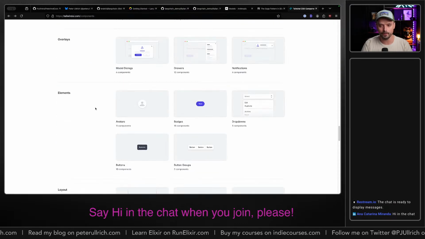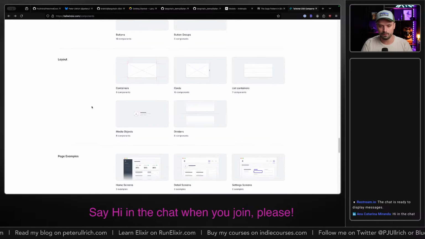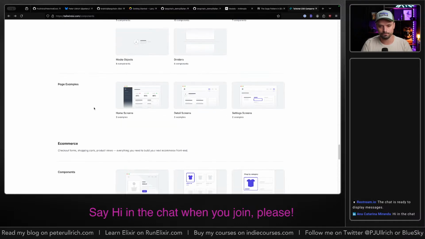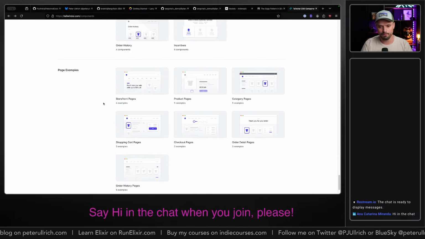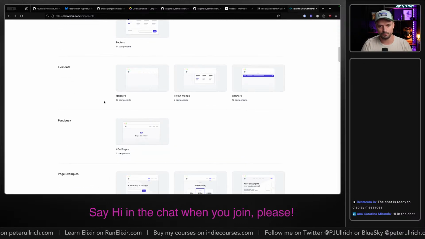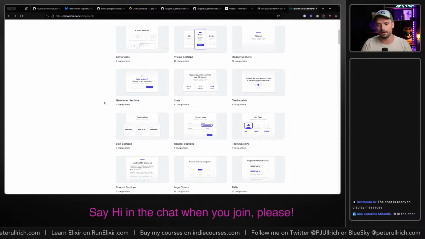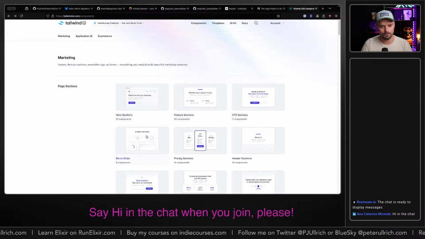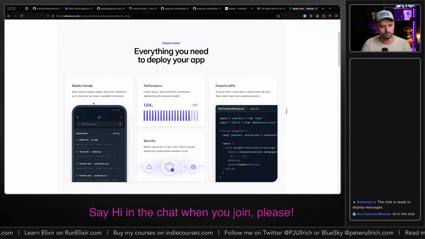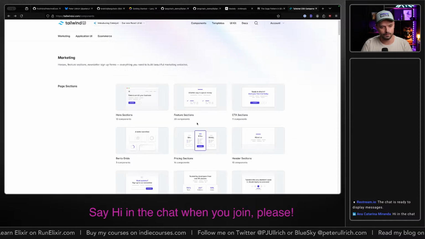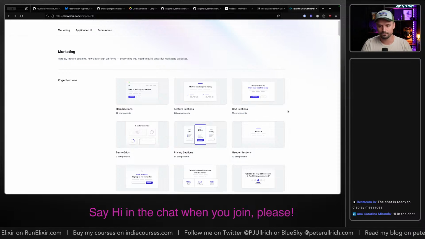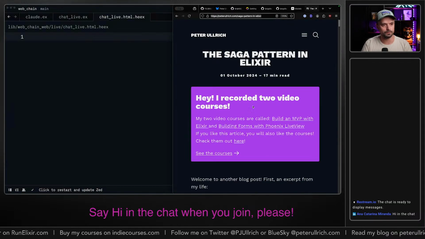Command K everywhere. Otherwise we build it ourselves. How hard can that be, right? Oh, they also got bento grids now. Cool, because people love bento grids. Yeah, anyway. Okay, we're gonna build it ourselves.